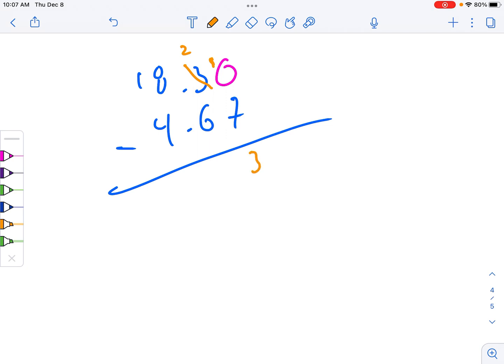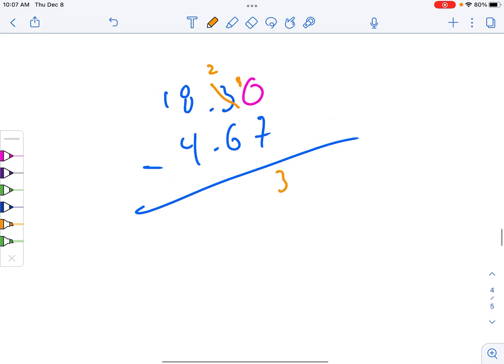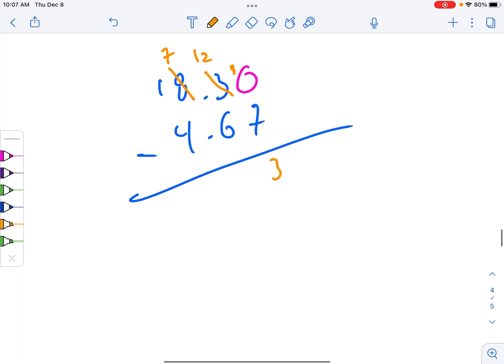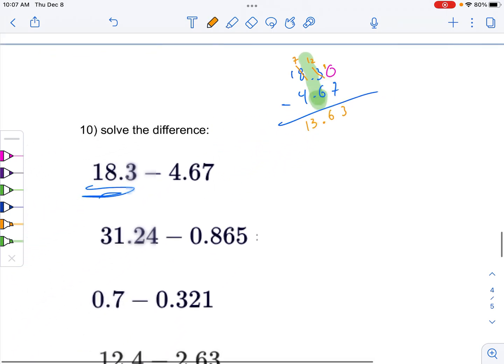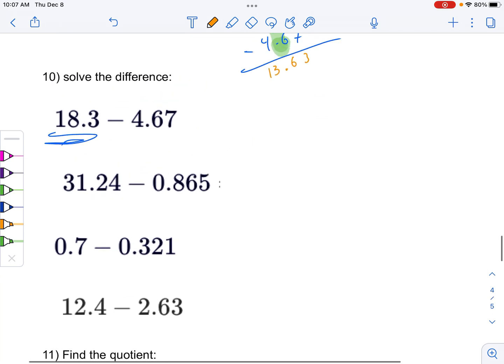So 10 minus 7 is 3. All right, I got 2, and I need to take away 6. Not enough. So I got to go to the 8, bring it down to 7, bring 10 over. I now have 12. So that's 6. 7 minus 4 is 3. Drop 1 down. And for this guy, drop the decimal down. And there's my answer. Next one,